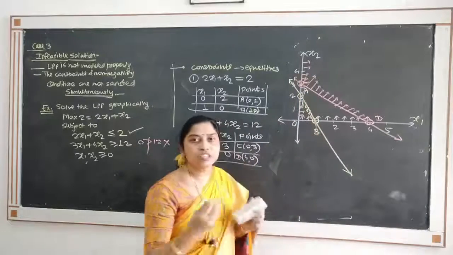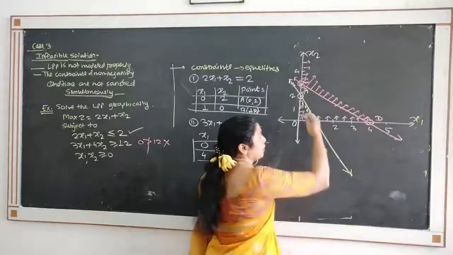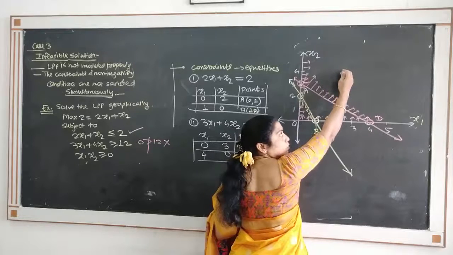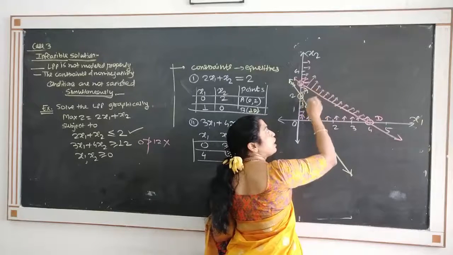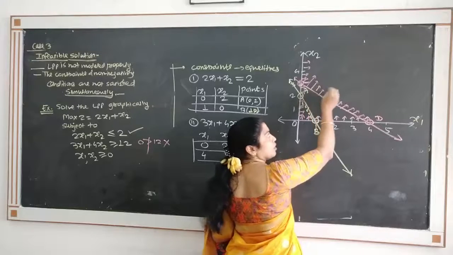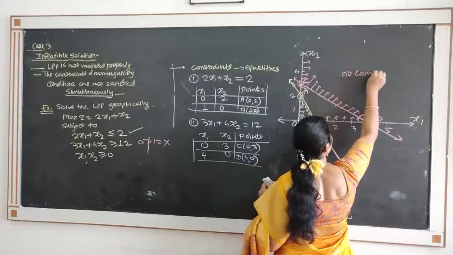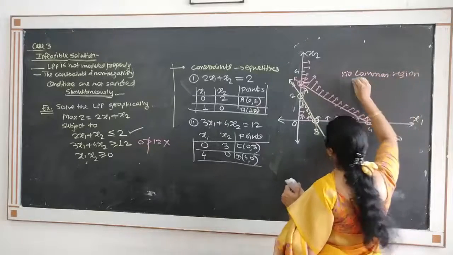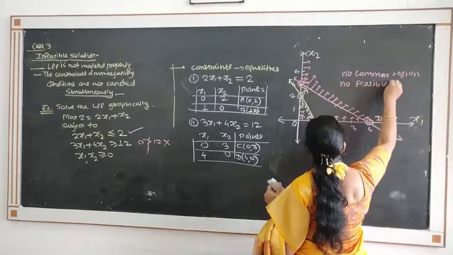So can you imagine which is the feasible region in this case? Observe that this region is below and this is above. So there is no common region which is bounded by both the lines. It means that there is no common region to this LPP. There is no common region means there is no solution space, or no feasible region exists.